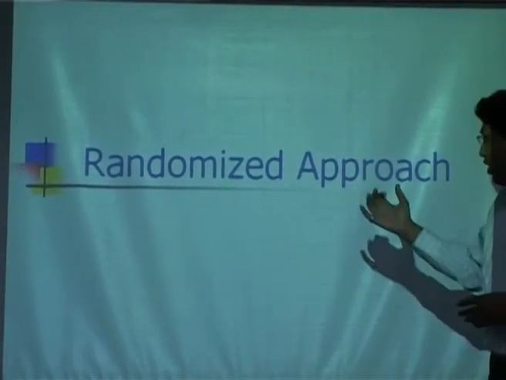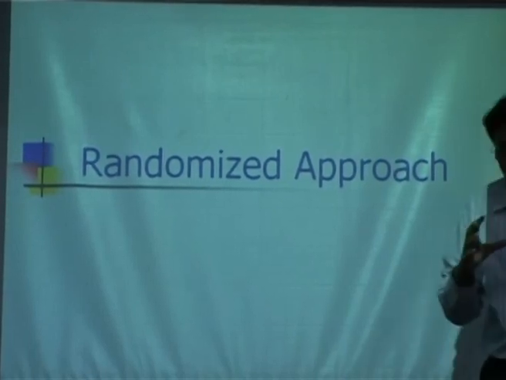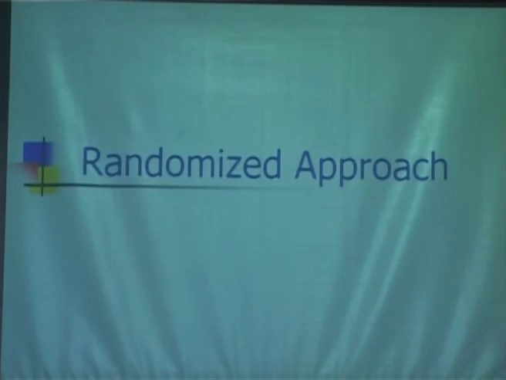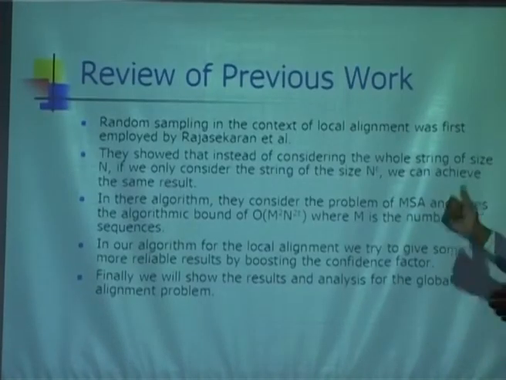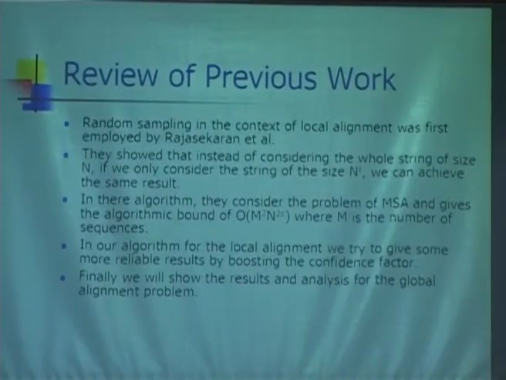So in the randomized approach, what we are trying to do is to find some approximate score, but with lower time bounds. Basically, the idea for this approach we got from the paper presented by Rajashekharan. In his paper, what he showed, he